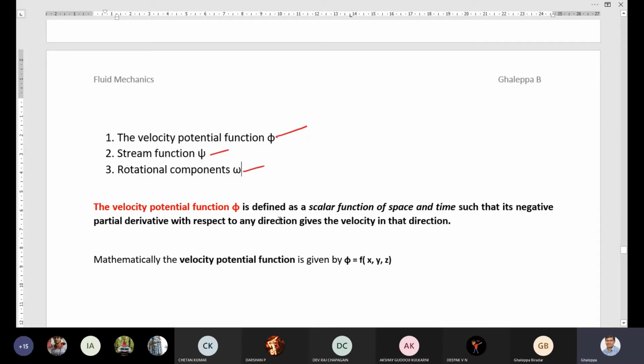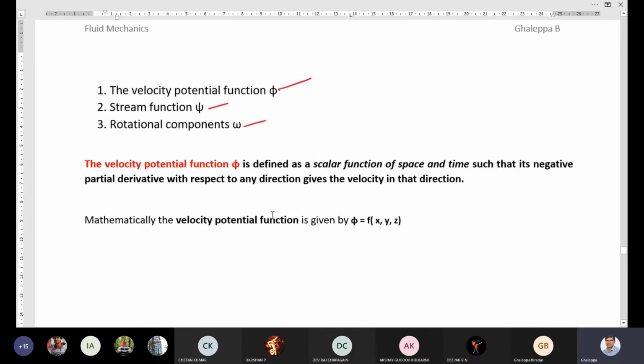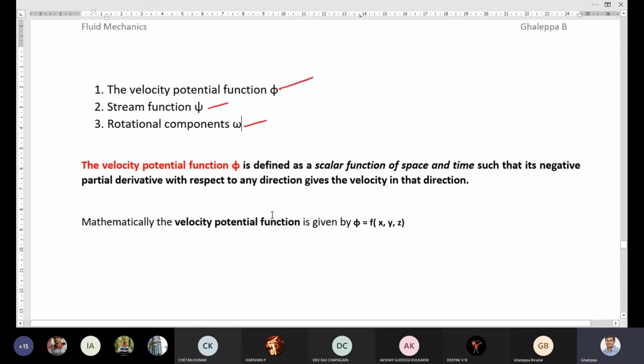Many numericals are based on these three only. Numericals are a little bit tough, as I told you. Convective and local acceleration and stream function numericals are a little bit difficult. Okay, no issues. The first function we'll discuss now is the